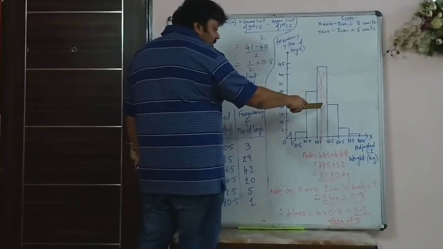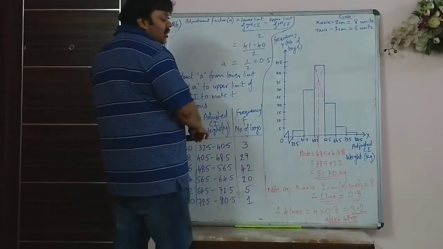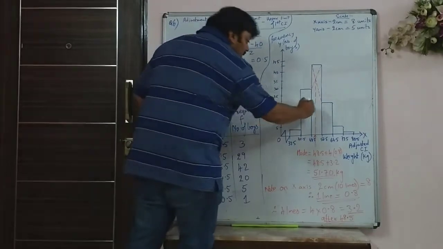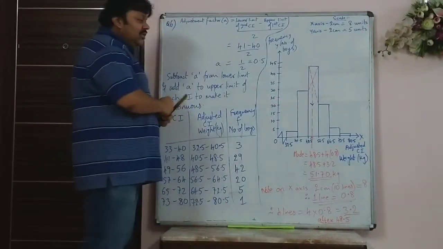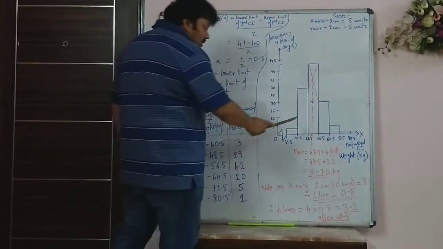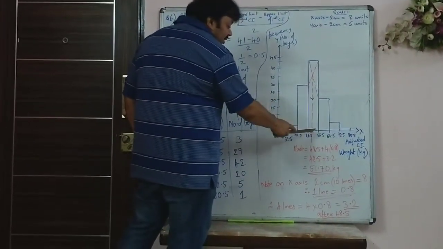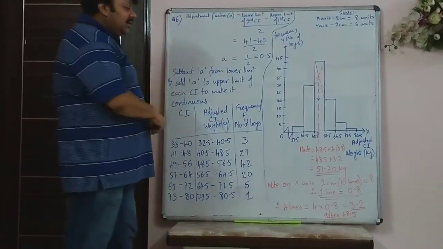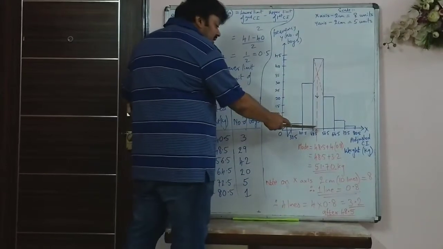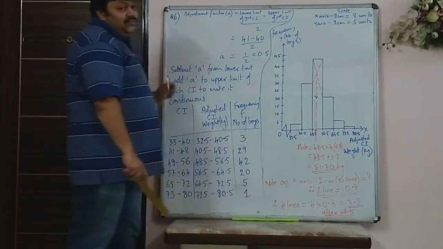And then you show a dotted line going down. Even if a bold line is there, it is okay, but show the dotted line going down and mark the arrow, because you are taking from up to down, so you can show the arrow. It is not compulsory. So there, when you see where it hits the x-axis, that will give you the value of mode. Now you will see that this is exactly 4 lines after 48.5.